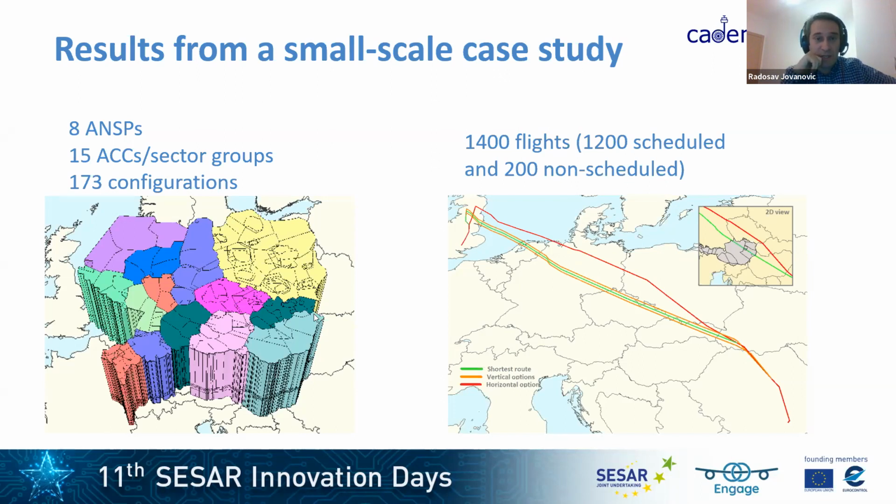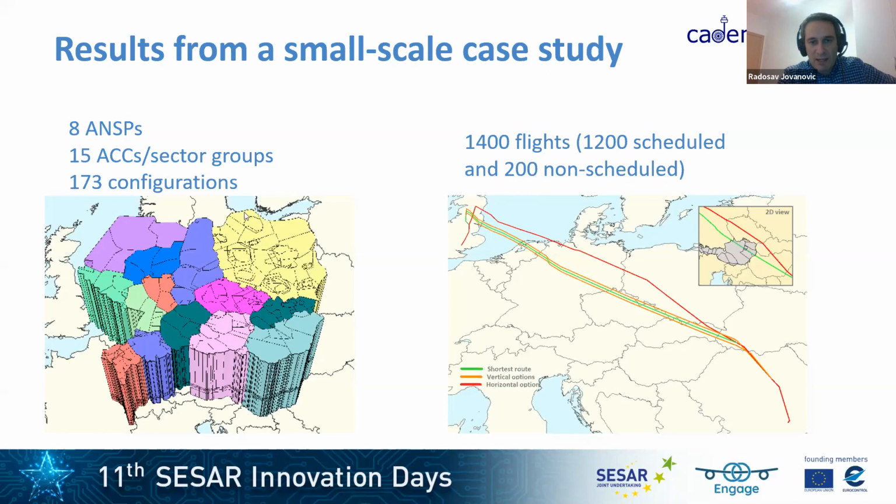In terms of traffic, we had something like 1,400 flights, out of which about 1,200 were scheduled flights, which is something like we have in reality. So about 80 to 85% of traffic is scheduled traffic, and then the rest is revealed at shorter notice to capacity providers. So we're trying to replicate this proportion. And then you can see on the right-hand side that each of those flights had a number of options for its route, and those options differ in space and in time.